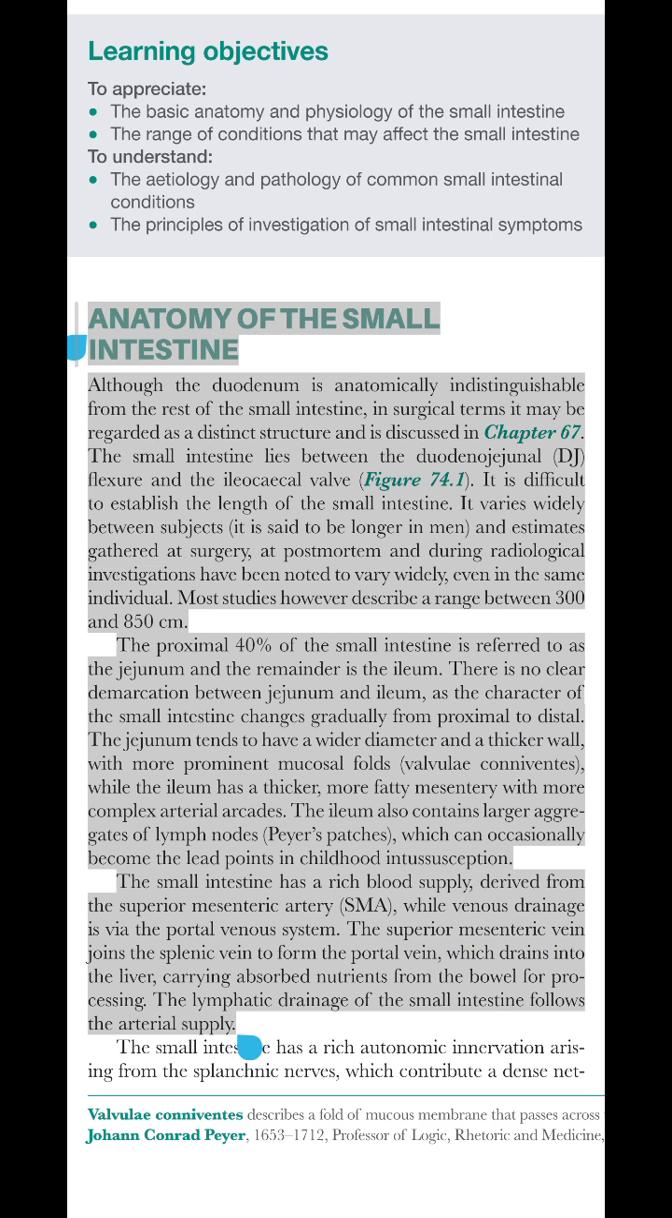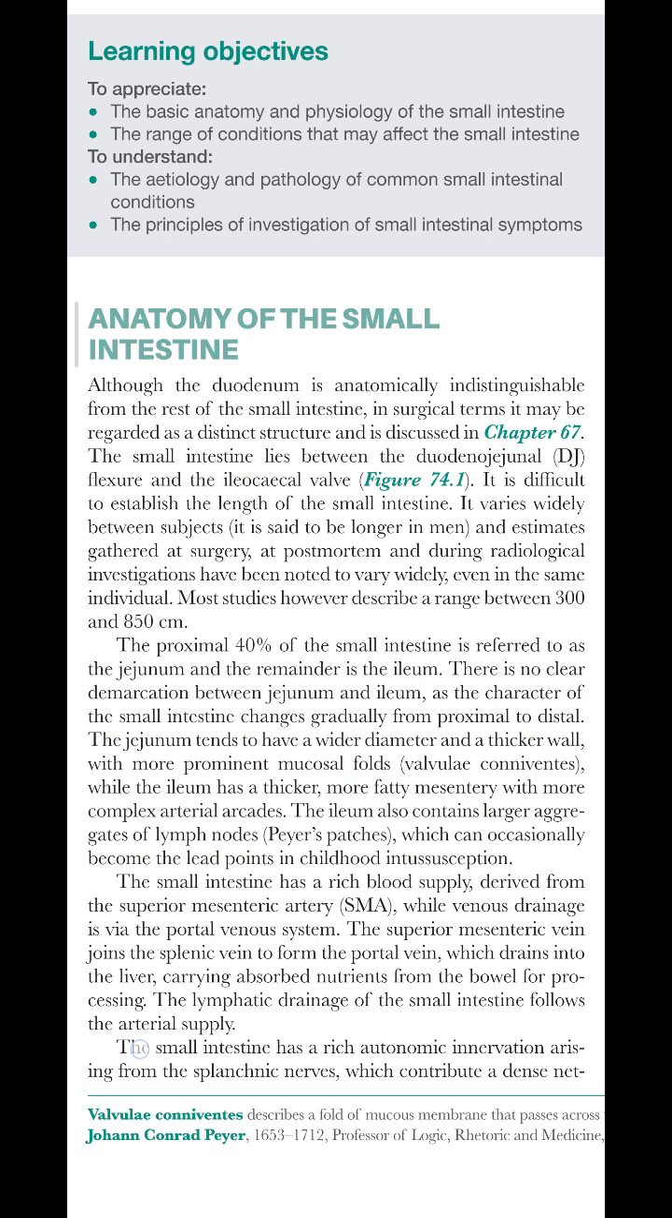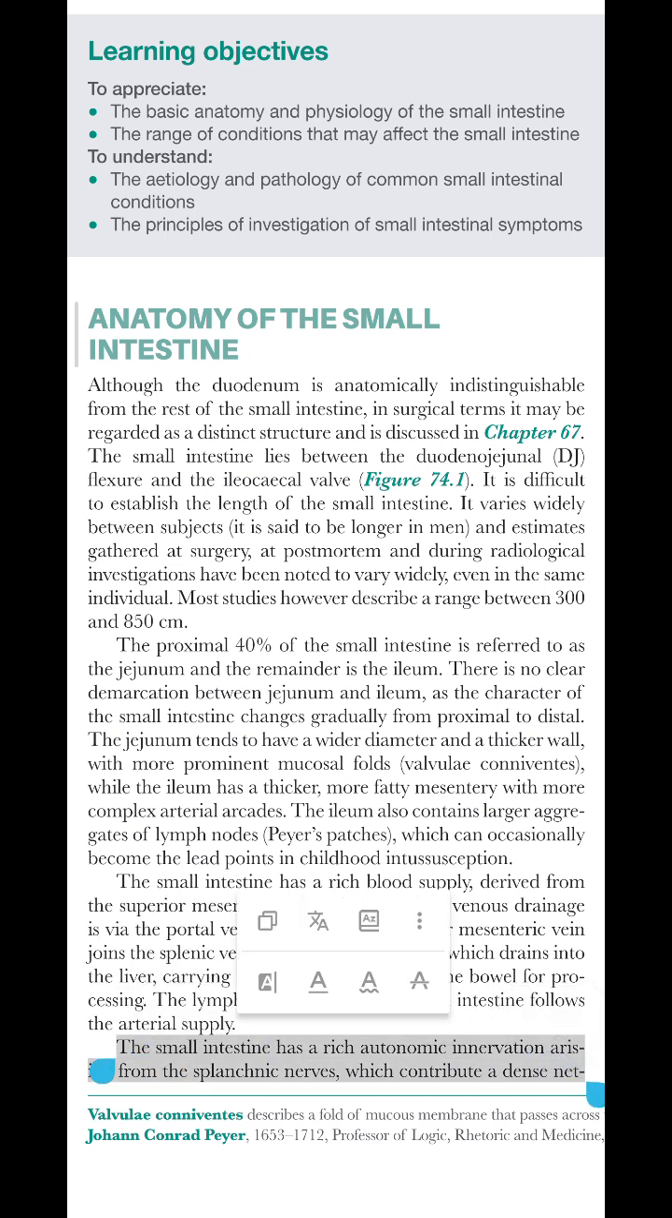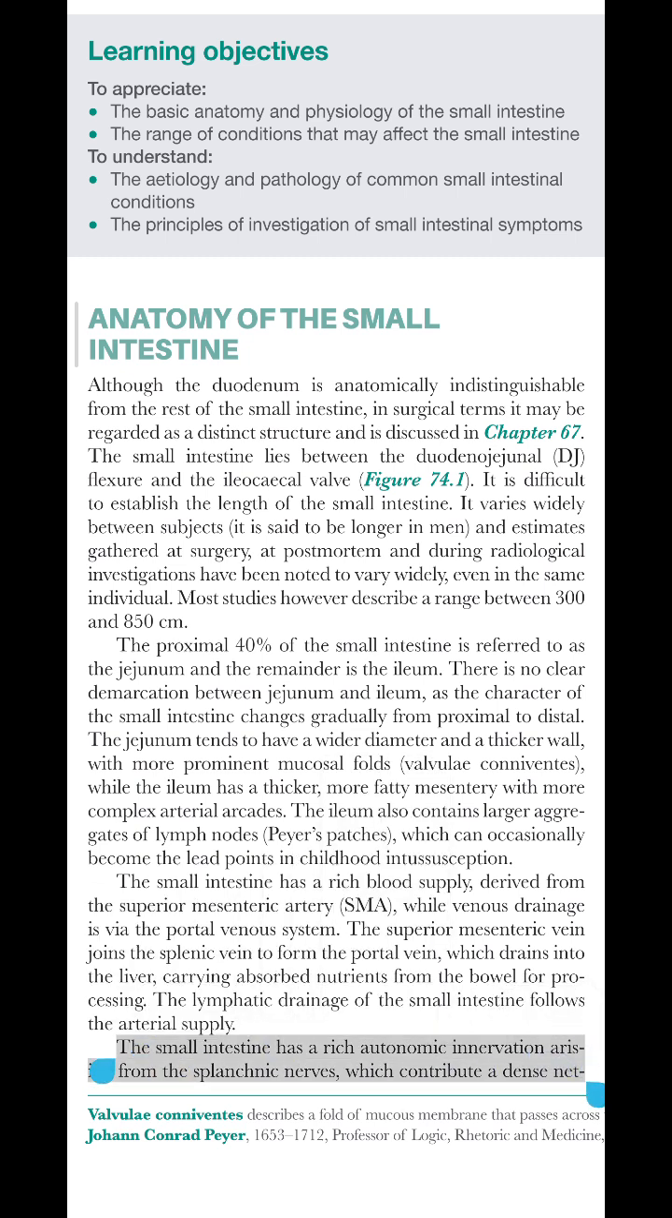The small intestine has a rich blood supply, derived from the superior mesenteric artery, SMA, while venous drainage is via the portal venous system. The superior mesenteric vein joins the splenic vein to form the portal vein, which drains into the liver, carrying absorbed nutrients from the bowel for processing. The lymphatic drainage of the small intestine follows the arterial supply. The small intestine has a rich autonomic innervation arising from the splanchnic nerves, which contribute a dense network